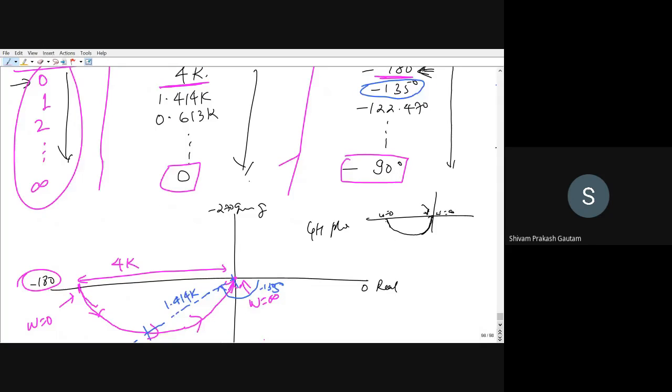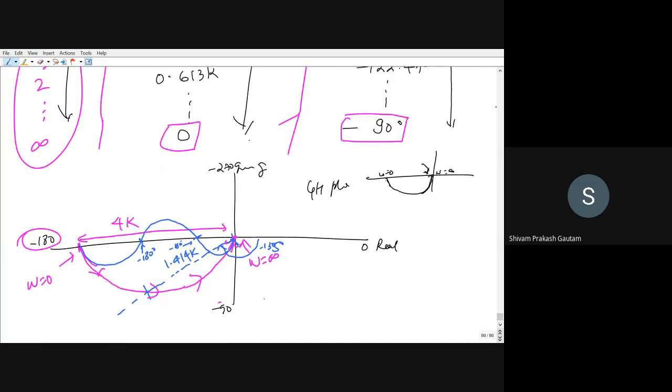But if you do not know at what instance your plot is cutting the 180 degree line, your plot can also be like this. Your plot can also be like this, but for it to be like this, you should have got these two frequencies as well, because at these two frequencies your phase is exactly minus 180 degree. Can you imagine this kind of a plot? But since we have already calculated, and we know that at omega equal to 0, our phase is minus 180 degree,